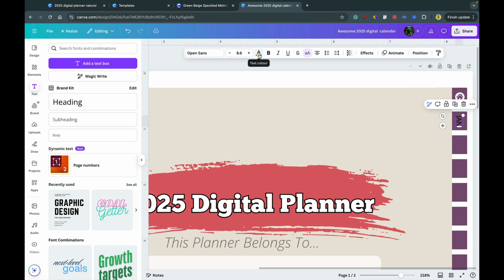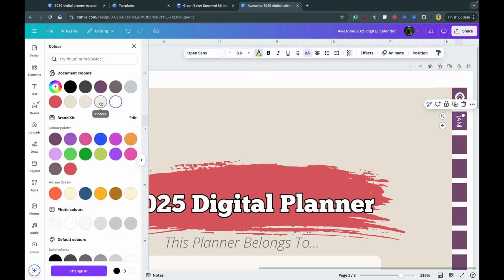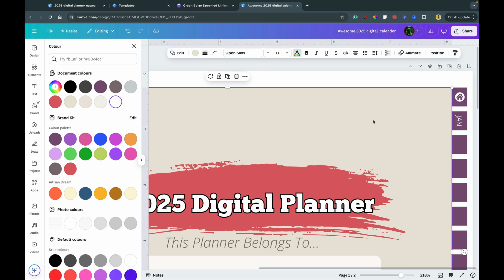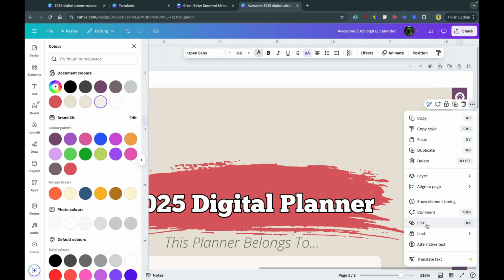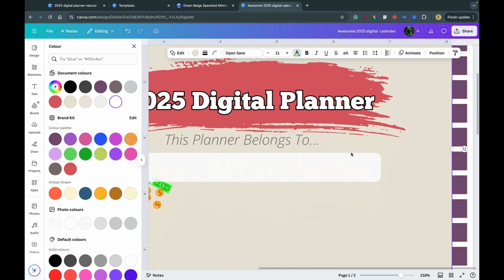I want to change the color to white. Keep it white, or this color, any color you want. You can make it bold if you want, but I don't want to make it bold. I'm going to keep it there. Now let me show you how to link it. There's two ways. One way, I'll show you easy. Click on these three dots, go to link, right? Okay, before I do that, let me show you another